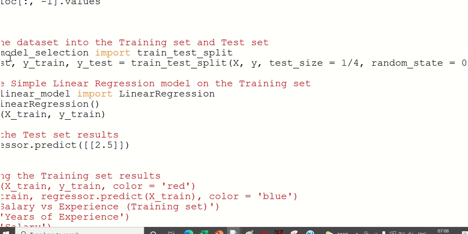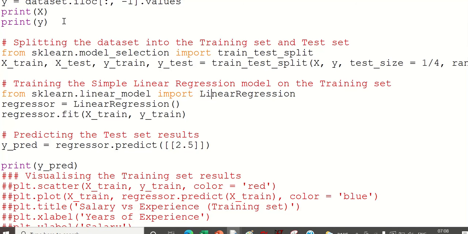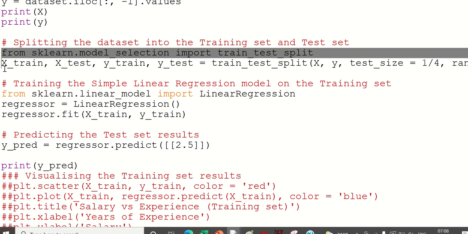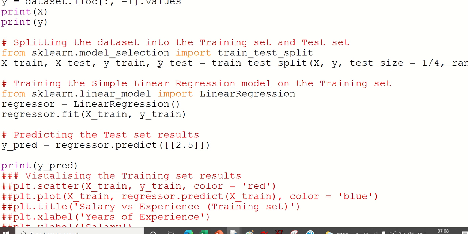So now you can run this and check what is the output you get after running this. What is x train, x test, y train, y test? You should see this after running this.